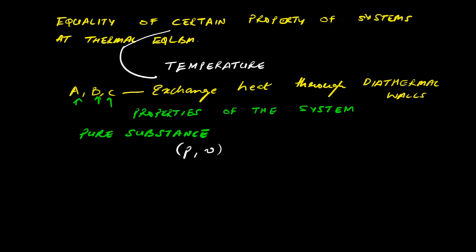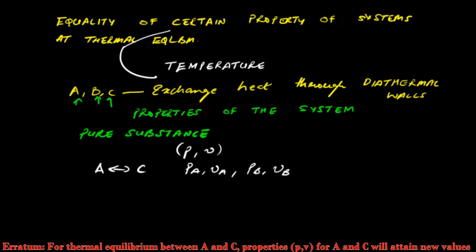For example, let's consider that there is thermal equilibrium between systems A and C. When these two systems attain thermal equilibrium, the four properties PA, VA, PC, and VC will attain some new values, because these two values for every system correspond to a different state of the system. So once they are in thermal equilibrium, the pressure and volume are going to change. That means